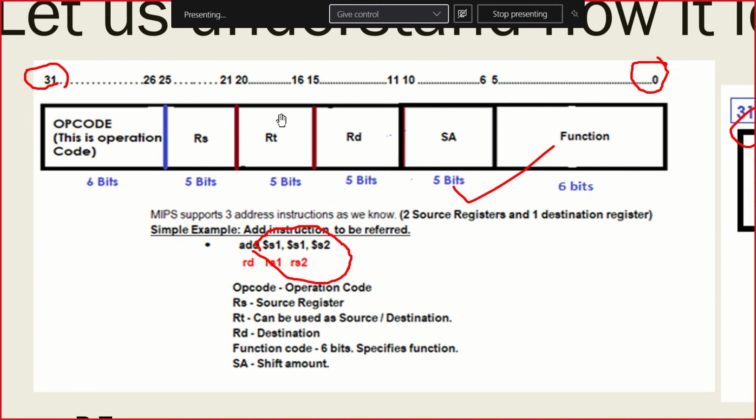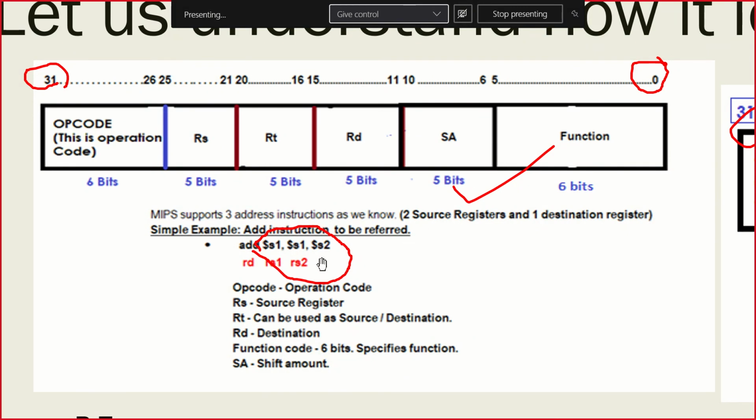This is 5-bit. These three are the most important contents here: RD, RT, and RS. In exam or in quiz, if you change RT and RD and write, it is wrong. You cannot go with altering the positions of this, and these positions are rigid and solid. You cannot change it. Remember, if you change it and tell me, sir, what's wrong? It's wrong. You cannot do it.